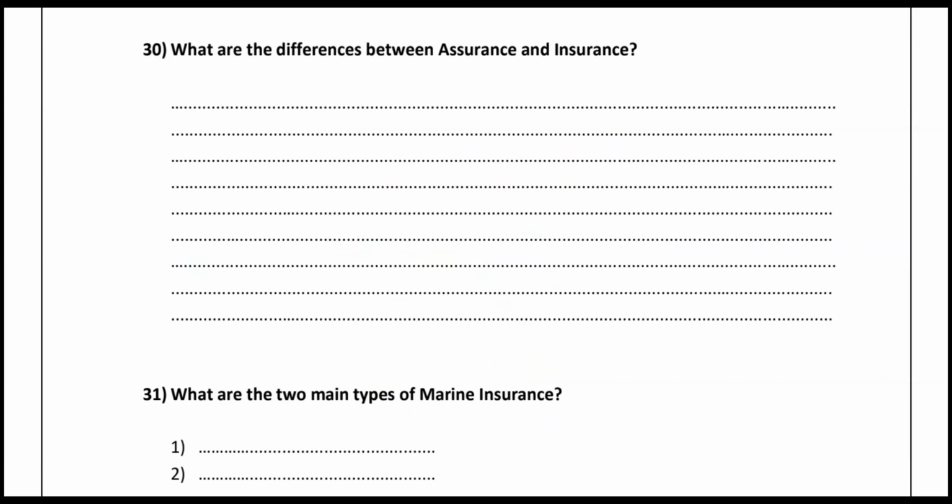Deviation of voyage. Okay, so it's like this. Deviation of voyage means a ship or an aircraft has an assigned path to reach the destination. If you are not following that assigned path, that is what we call deviation of voyage. In a deviation of voyage, if any accident or damage happens, they will not pay the compensation, because you have deviated from the path.